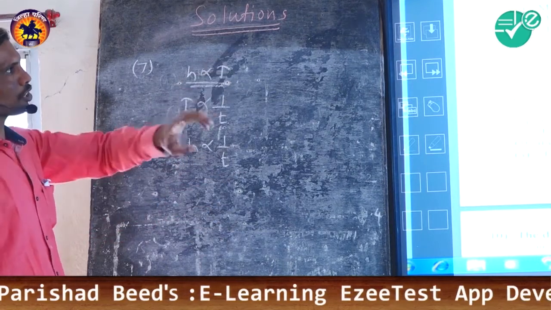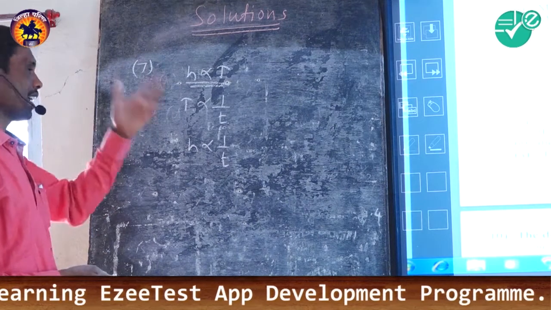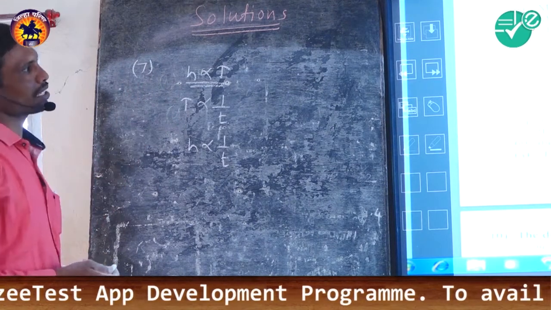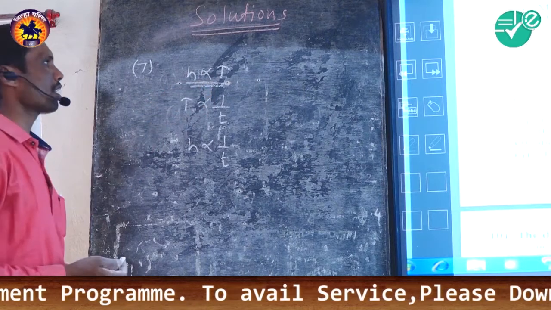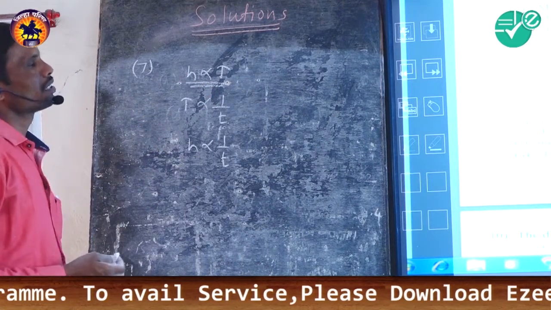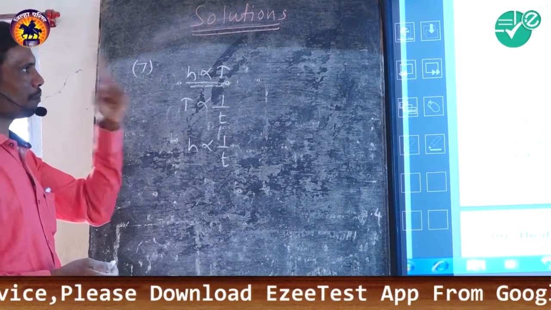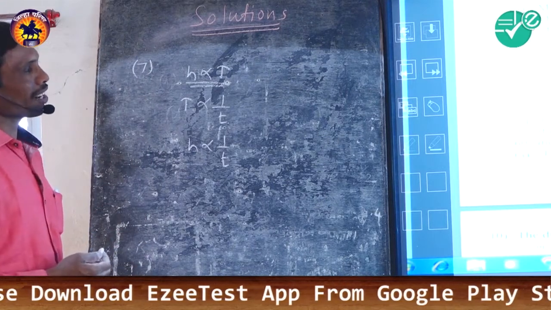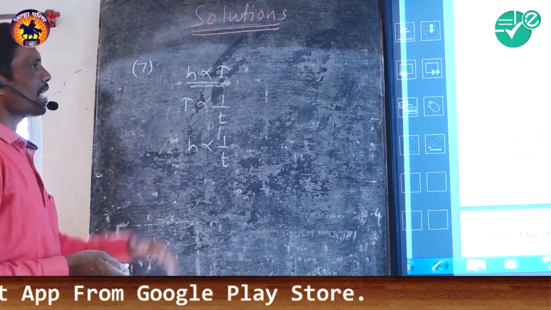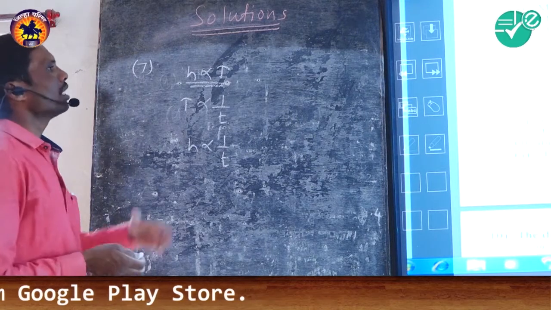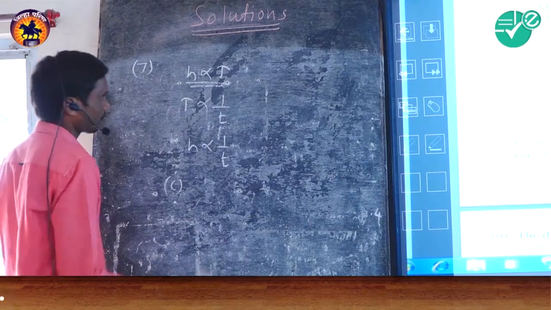It means here the first option is wrong. The second has a possibility, and the third also has the possibility. And the last option, same at all temperatures, is not a correct option. There are only two possible options, either B or C. But water has a maximum density at the temperature 4 degrees Celsius, and that's why the C option is the most correct. It means option C is most correct.